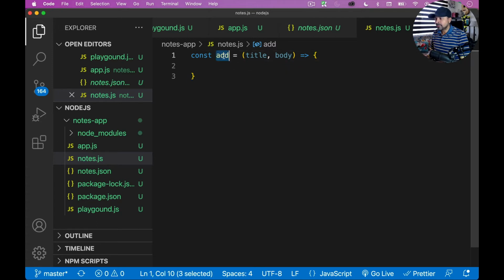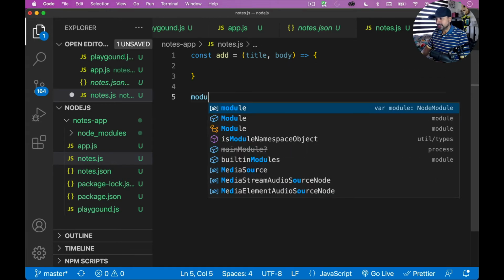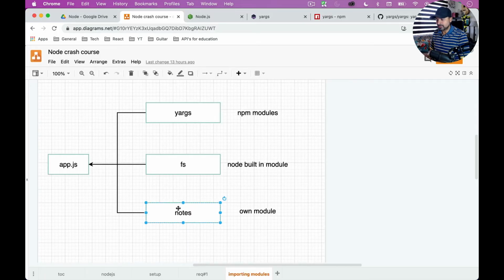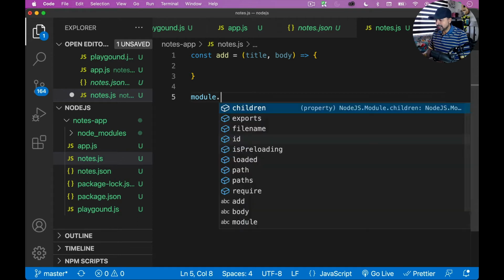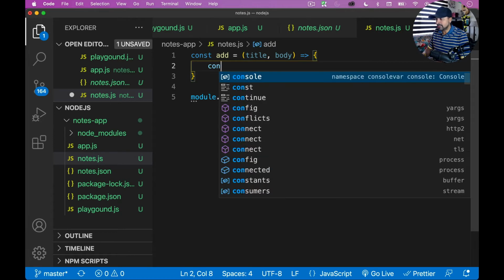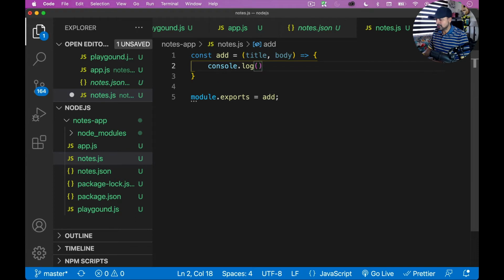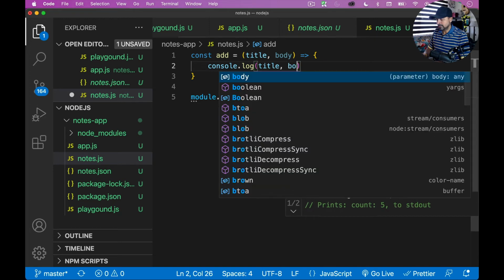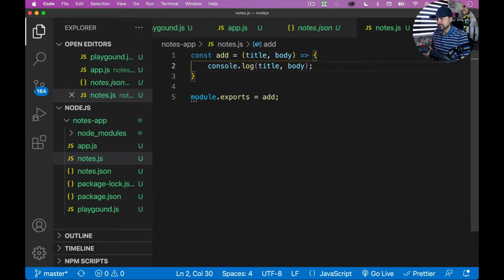Now, if I want to use this add function, I need to export it so that I can use it inside my app.js. So notes I have created, this is my own JavaScript file. Now I want to bring in this notes inside my app.js. How can I do that? To do that, I need to use something called module.exports, and I'm going to export my add function. Okay, and we'll go step by step. I'm just going to say console.log title, and I'm going to say body,